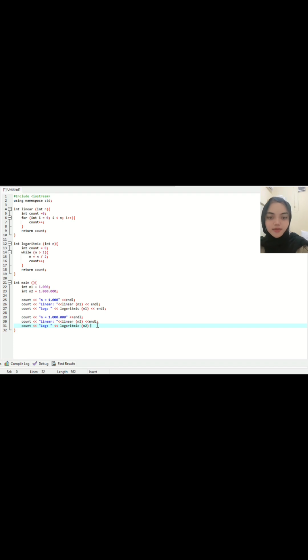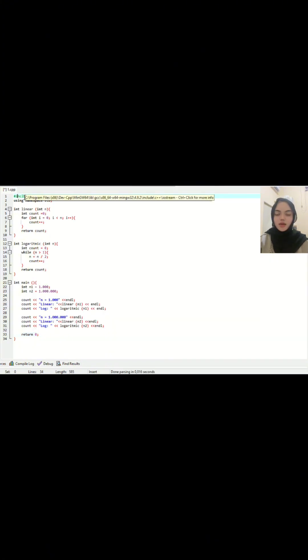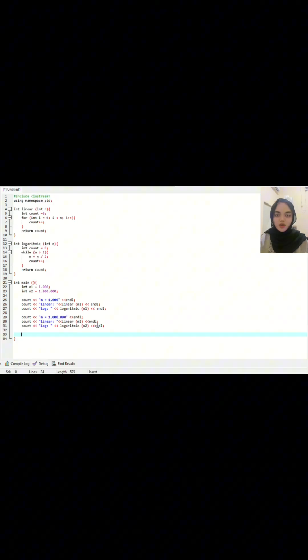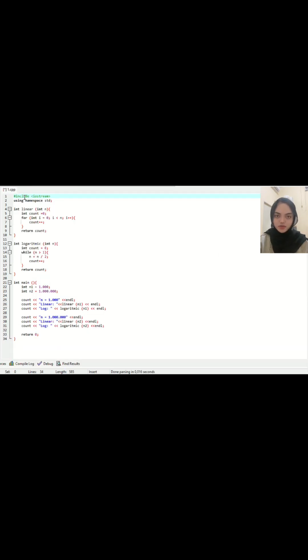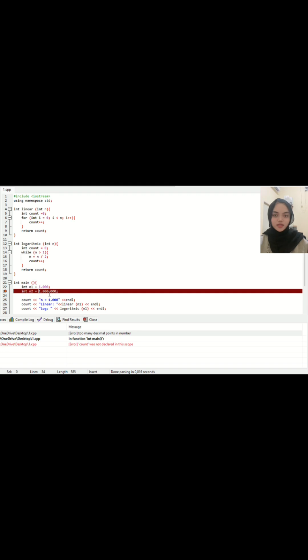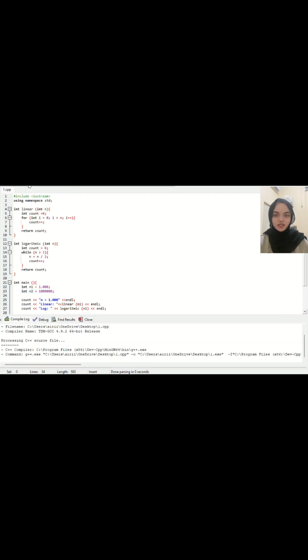For the next, to make it clear, let's look at the execution result of the program I have created. Here I test two different input scenarios to see the number of operations. For the first scenario, the data size is 1000, and the linear algorithm processes 1000 steps. However, notice the logarithmic algorithm only requires 9 steps to completion.